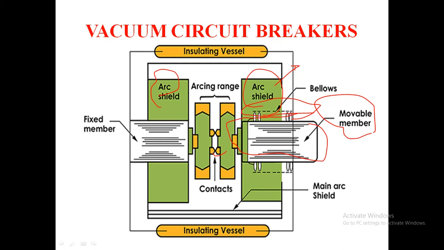If there is a possibility of leak, it will be eliminated due to the sealing of the vacuum chamber. The outer insulator is mainly made of glass or ceramics. Okay, so how does it work?